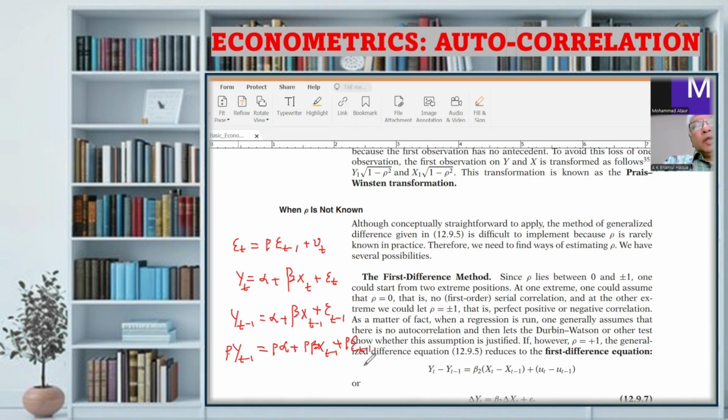Then if I subtract these two, this minus this, I will get yt minus